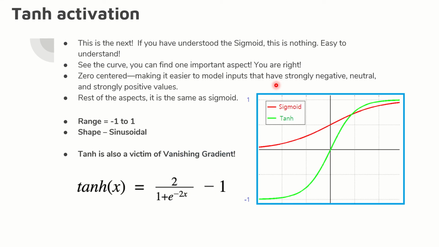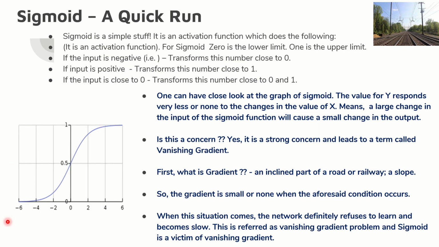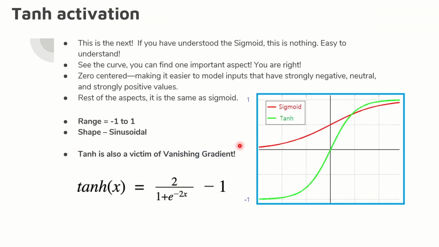Now, the most important activation function which is used alongside the sigmoid activation function is tanh. Very simple. It is very similar to the sigmoid activation function. But what is the difference here? There is one very important difference, which is that the tanh activation function is zero centered. It starts from -1 and goes to 1. So you can see that it is zero centered. In this case, it was not zero centered. You can see in this picture where it is 0.5, but in tanh, it is zero centered. That's it. The rest of the aspects all remain the same, and the range is -1 to 1.